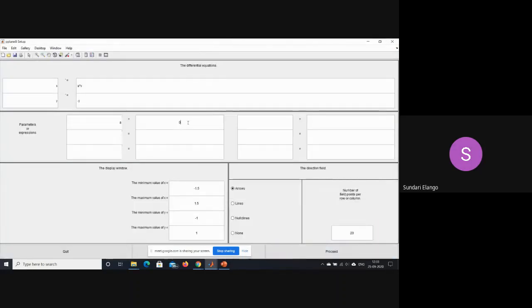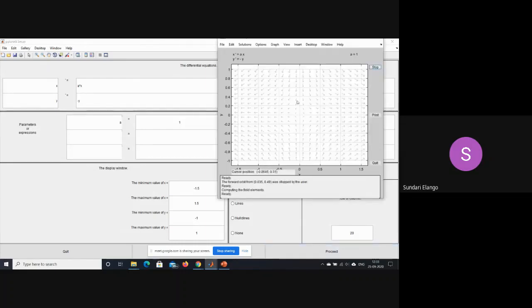I'm going to take a positive value now, let's say 1. Now this will result in one of the eigenvalues being positive while the other eigenvalue is negative, thus resulting in a saddle node. So now, as you can see, the arrows in the vector field are pointing towards 0 in the vertical direction, but towards infinity, away from 0 in the horizontal direction. So it basically doesn't die down to 0, but there is a downward shift in the vertical axis anywhere in the plane.